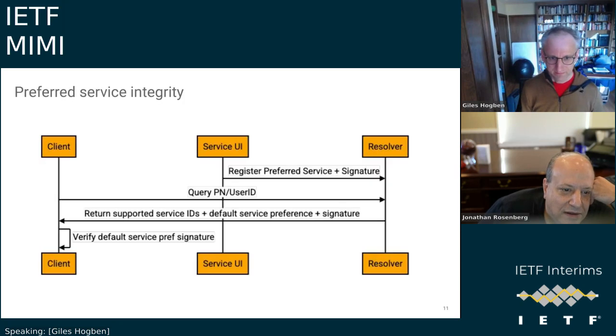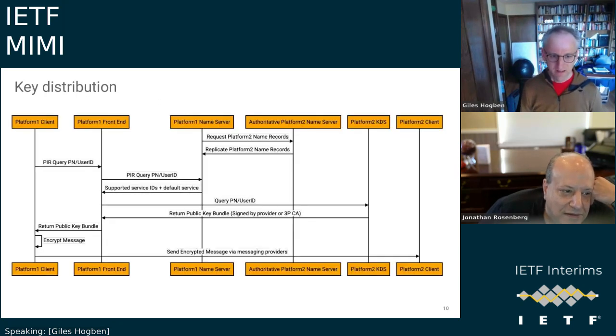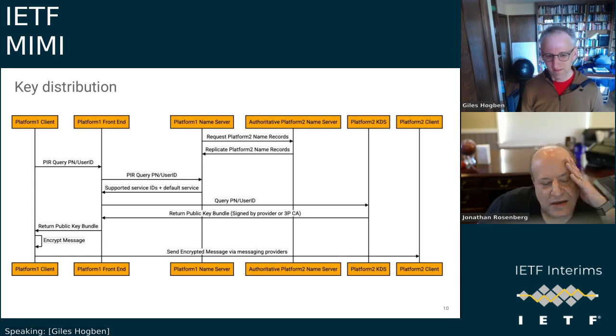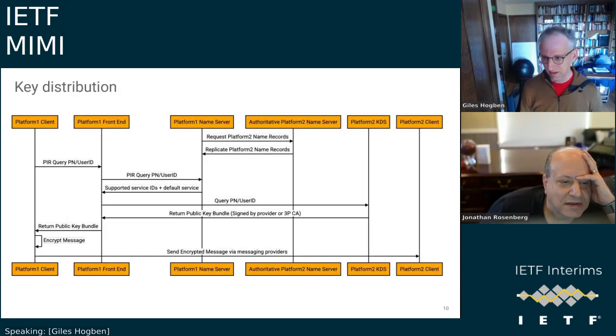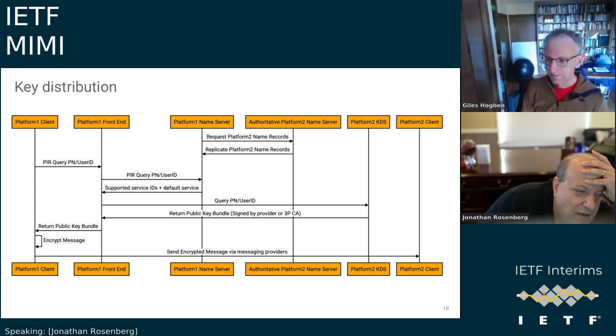And then the resolver is... actually, sorry, it's platform 2 name server, right? Service UI is platform 2 name server. So it's where I register my preference. Okay. Yeah, and then the resolver is either platform 1 front end or platform 1 name server, depending on whether you have an independent name server. Okay, it would be helpful to put it in those terms, but I think there's